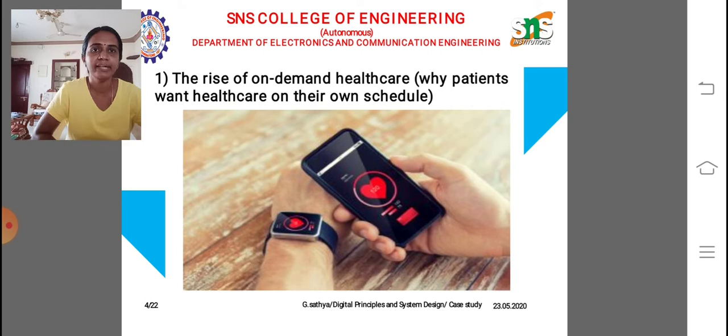The first idea is the rise of on-demand healthcare. The on-demand healthcare sector plays an important role in providing instant access to a doctor. Imagine that we are suffering from a severe headache or fever. Instead of waiting or visiting our doctor, we can instantly book an appointment with a doctor, or even request a home visit. For all this, we need a smartphone. Nowadays, most people use these kinds of techniques.